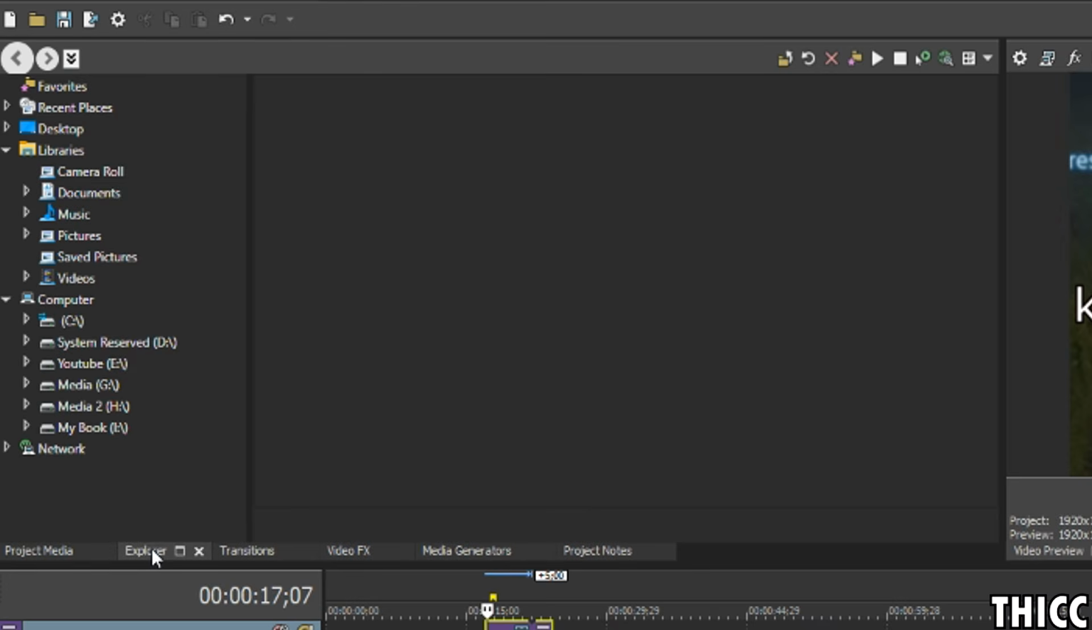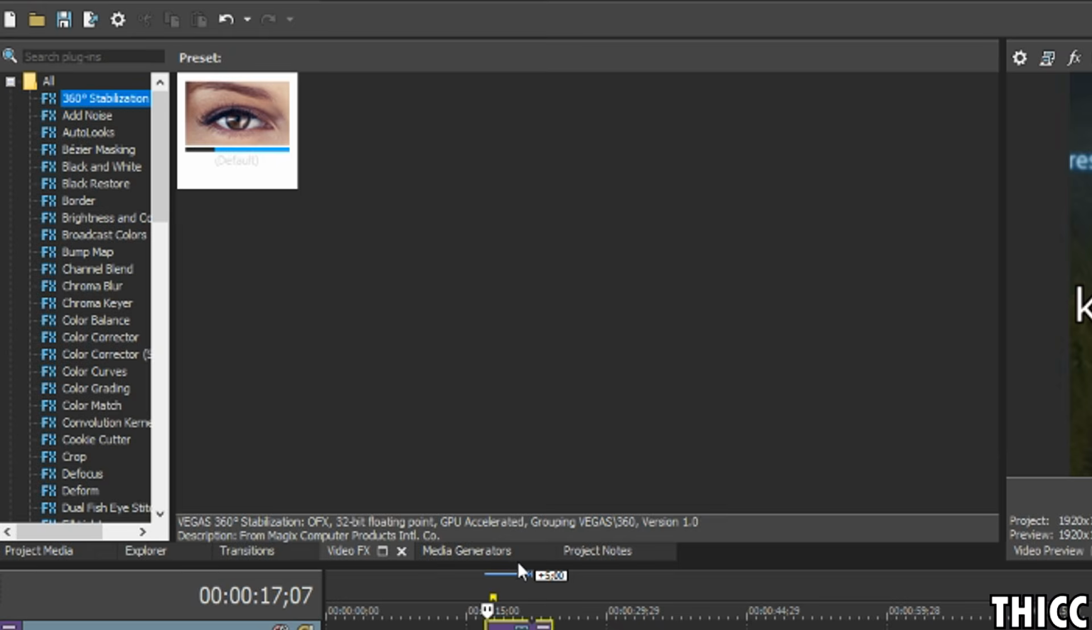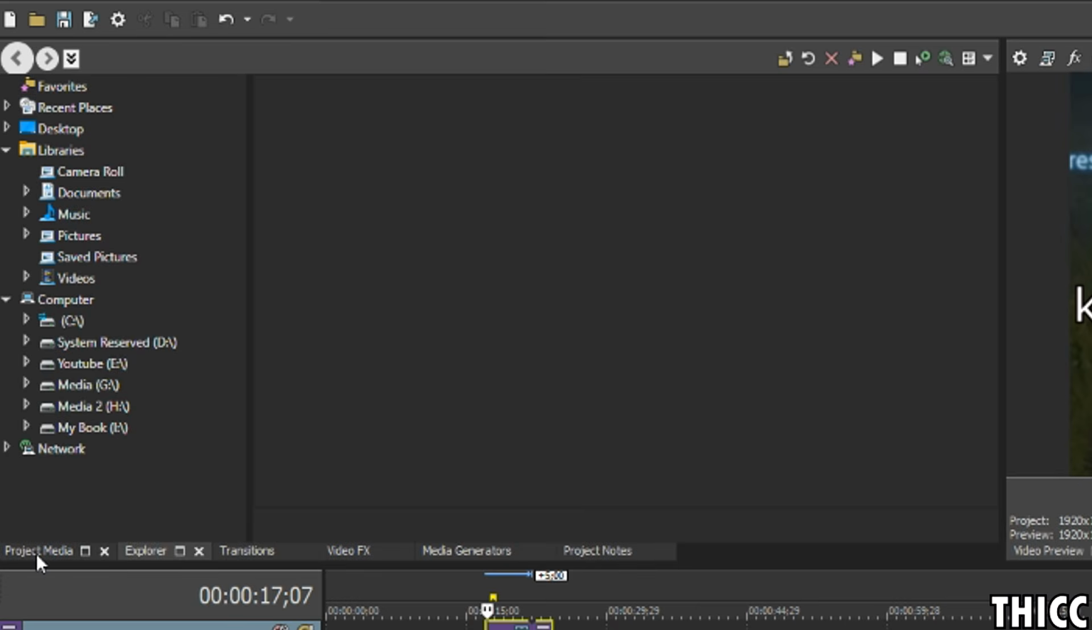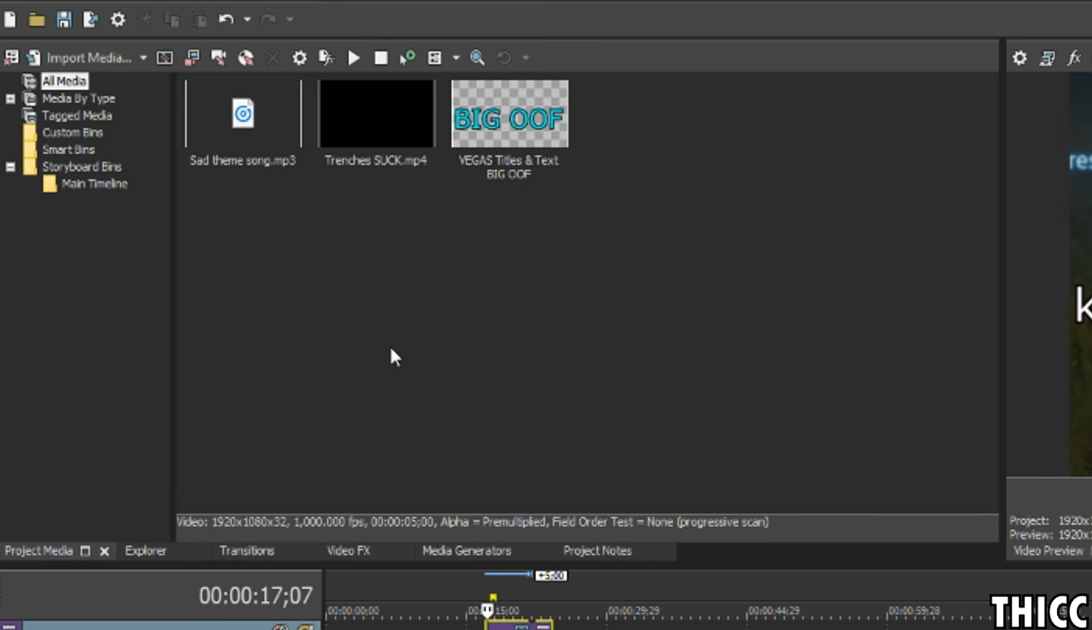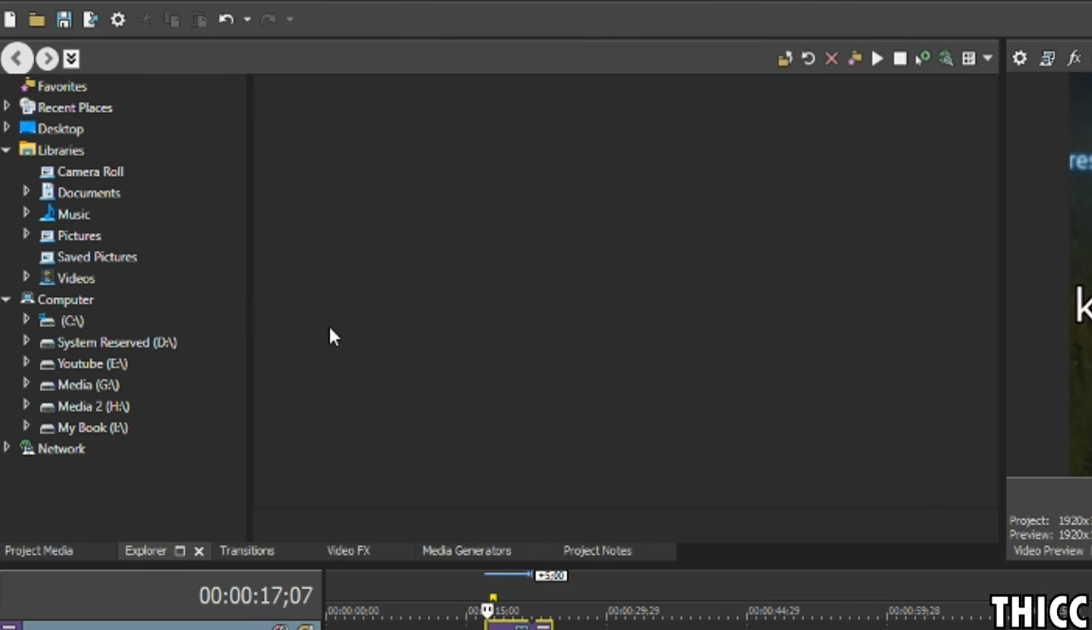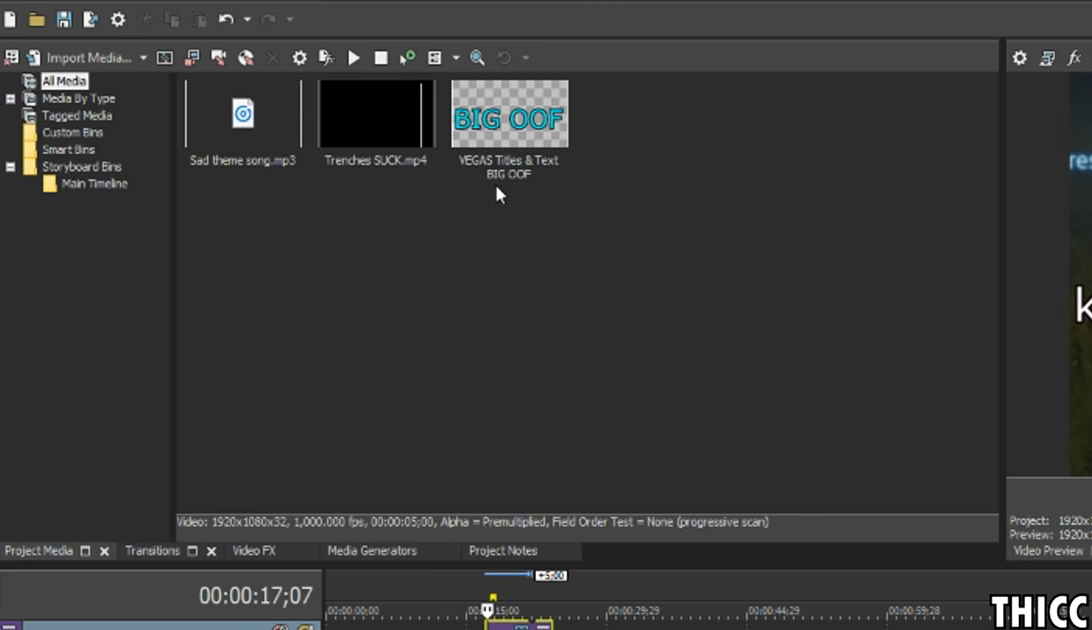But the important ones are what's down here. So these 5 different tabs here, the project media obviously is your media for the project, for the video, the different clips, sound clips, pictures, text, you name it, will all pop up in your project media. Explorer is just another way to bring project media in. It's just your entire computer and it shows all your files. I never really use this. I actually would honestly recommend just getting rid of it